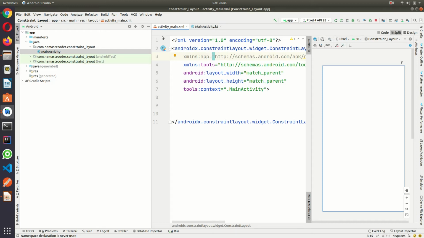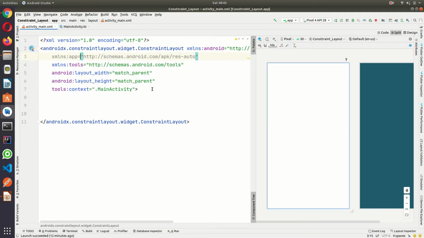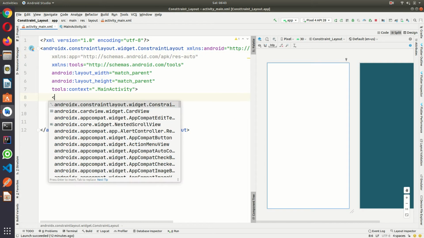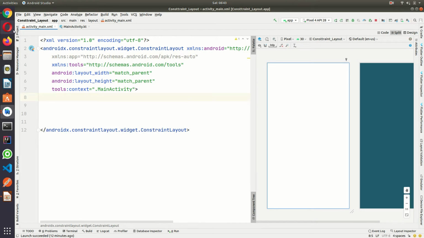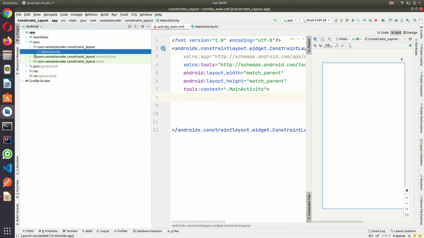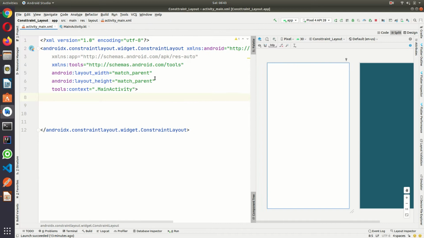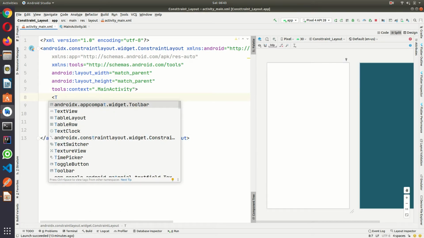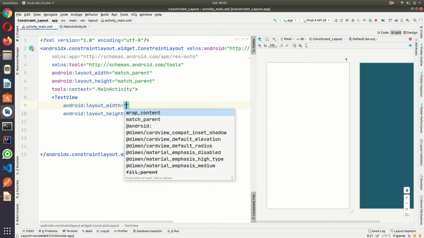So first of all, we are going to create one text. I am not going to do any drag and drop. That also we can do, but first you should know these things, then it will be good to understand all the constraints, and always try to make all those things manually. So create one text.